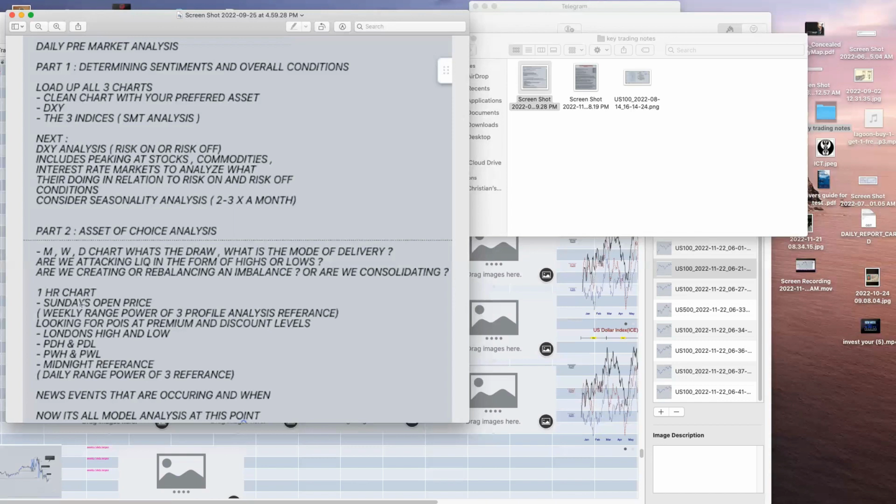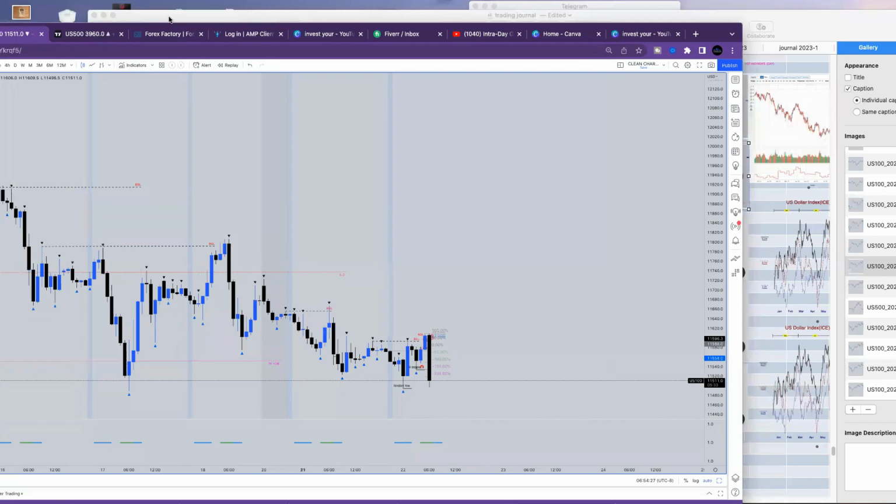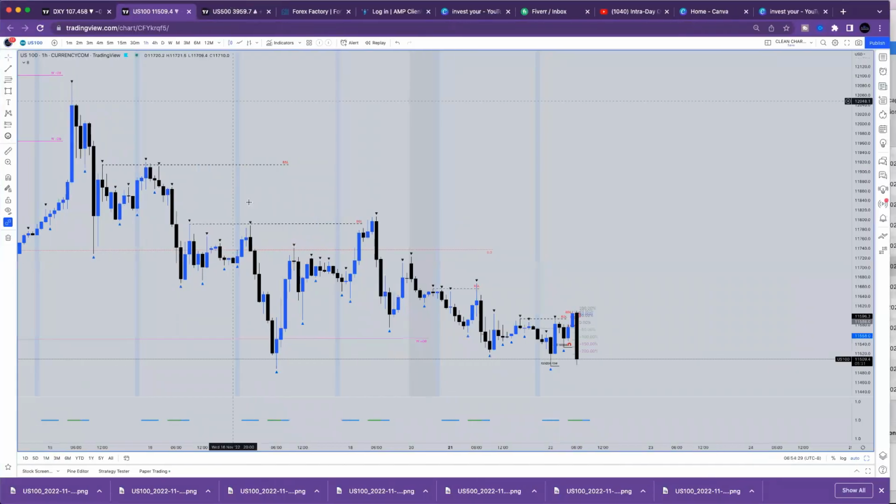Sunday's open price is basically the same as this, but it's using a higher time interval. So it's for the weekly range Power 3. So that's what Sunday's open price is for. And then of course the midnight and equities open, those are for the smaller interval Power 3 dynamics. Okay. So with that understanding, let's go look at the chart real fast and see what exactly occurred and whether what I just explained is useful or not.